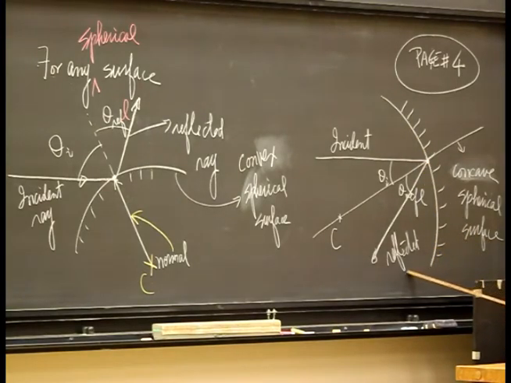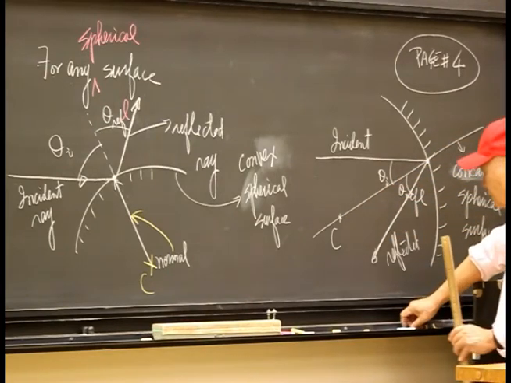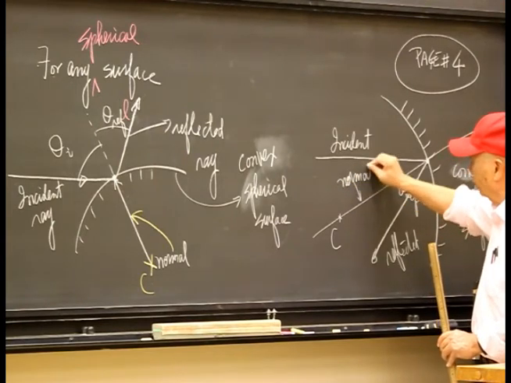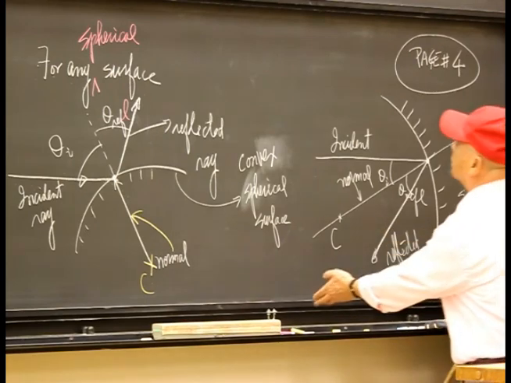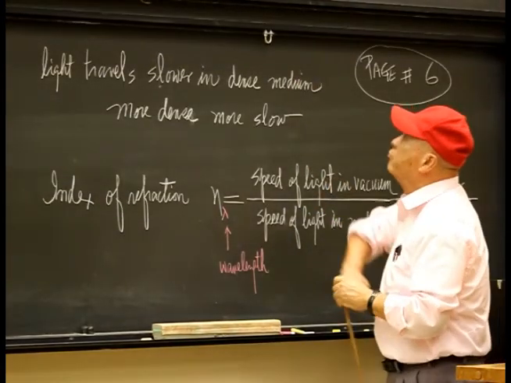Now, this is the convex spherical surface. Now we're talking about the concave spherical surface. You do the same thing. Looking at the point of interception, this is the incident ray hitting this point, and then you draw the center line, and after the center line, you consider this the normal again. For this normal, the angle made between the normal and the incident ray is called the incident angle, and the angle the refracted ray makes with the normal is called the angle of refraction. So again, the law of refraction can be applied for the concave spherical surface. It says the angle of incidence equals the angle of refraction. So now when you come again with an irregular